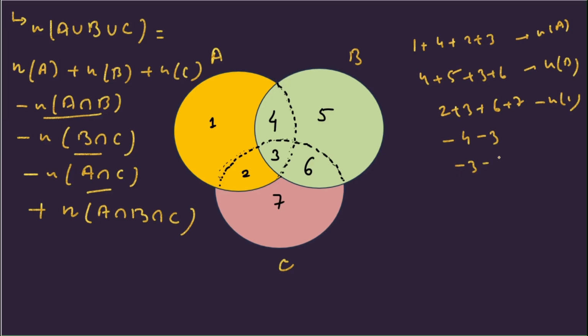Similarly, for A intersection C, I have 2 and 3, right? So now if you try to add all of these up, then you'll find that we have 1 plus, okay, 4 is getting twice and then we subtract it. So 2 times we have 4,